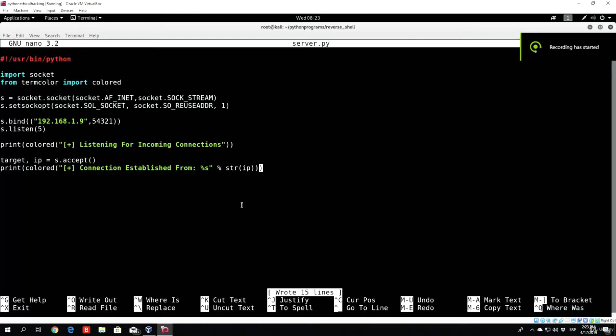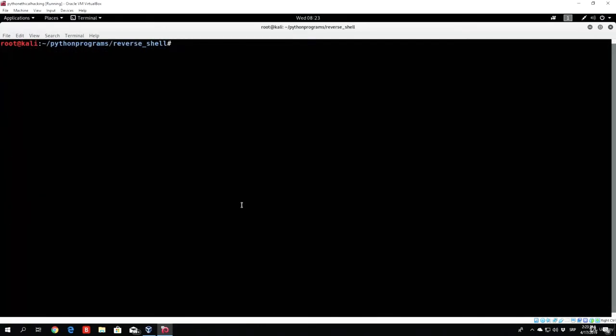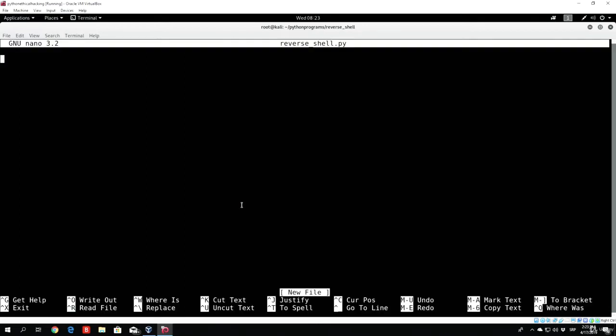Hello everybody and welcome back to this tutorial. Right now we are going to code the reverse shell side of the code. We can see right here we successfully coded the server side, so let us exit this and nano reverse_shell.py. We add the standard usr bin python line, and we will import the socket library as we are going to need it to actually